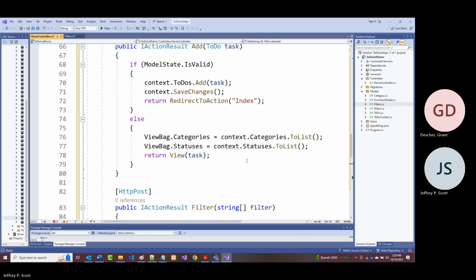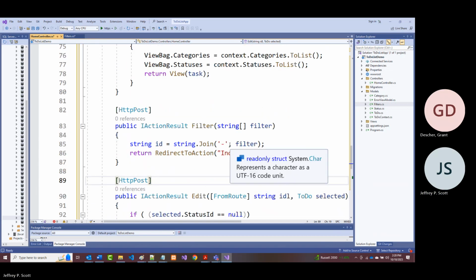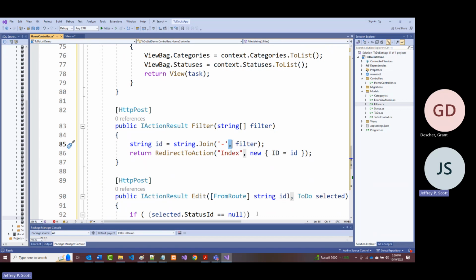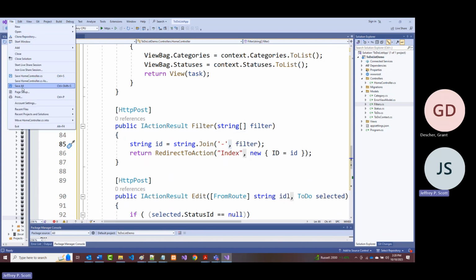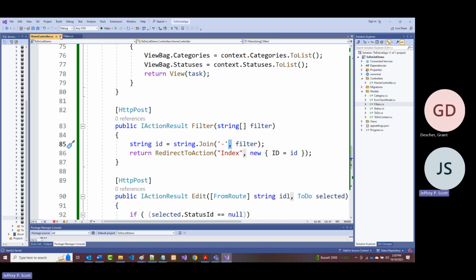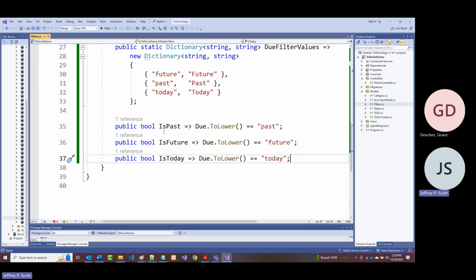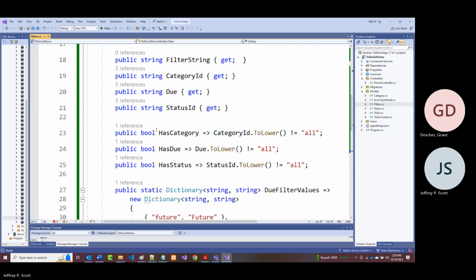Secondly, there should have been a comma right there. That was why I was getting that error. So in your post for your filter, all right, and I'm going to do a save all and close that one. Then in the filter itself,